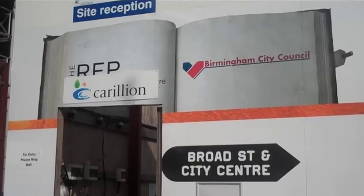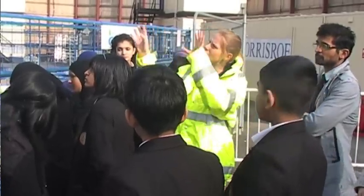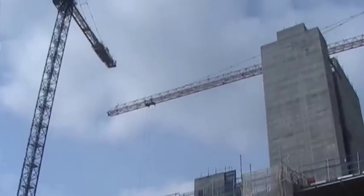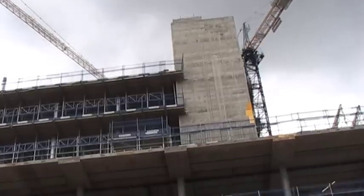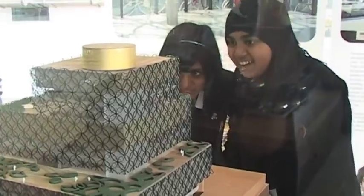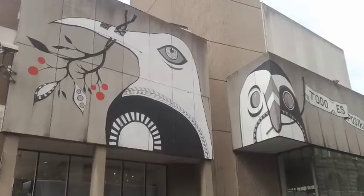And currently I'm based here in Birmingham for this project, the Library of Birmingham integrated with the Rep, which you can see behind us. The library wants to really engage with society and the community, and we're always happy to join that and to support wherever we can. I think it's a good opportunity as well for kids to get involved and to start thinking about their own futures. I think the old library needs to be replaced because it was just dull and boring and grey,